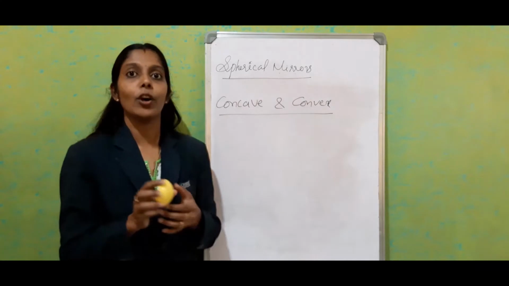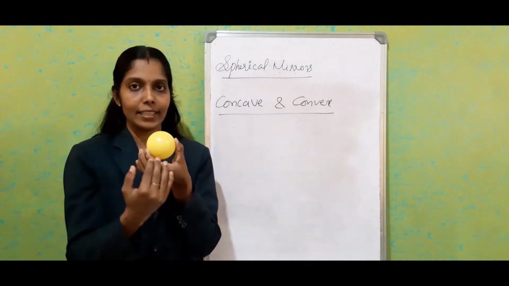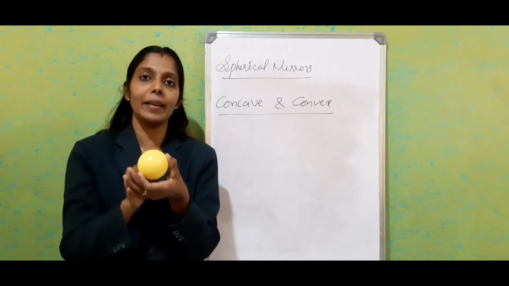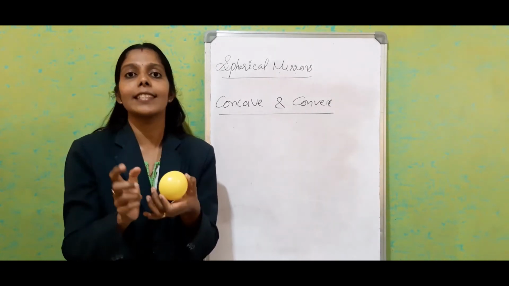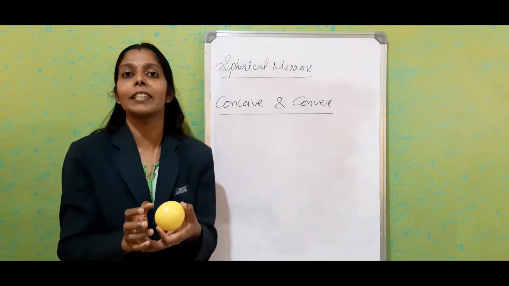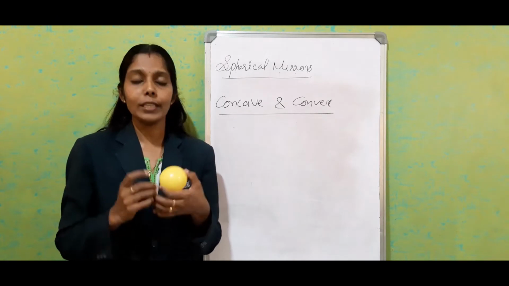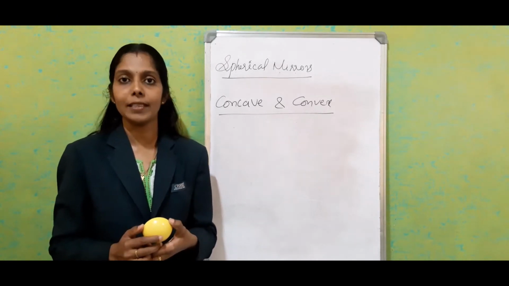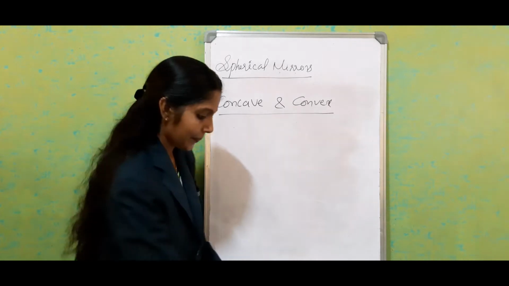The other one is the convex mirror. So this bulged part or outward part is the reflecting surface and the inside part will be coated with silver oxide. If you keep these things in your mind, you can easily remember the difference between concave and convex mirror. If you want to study much more about spherical mirrors, we should know some terms related to that. We'll see that.